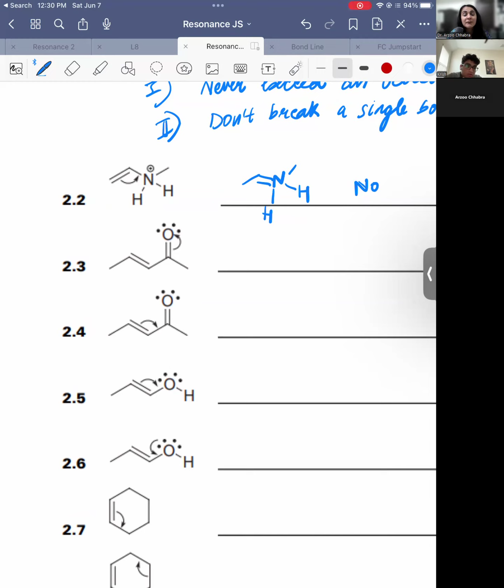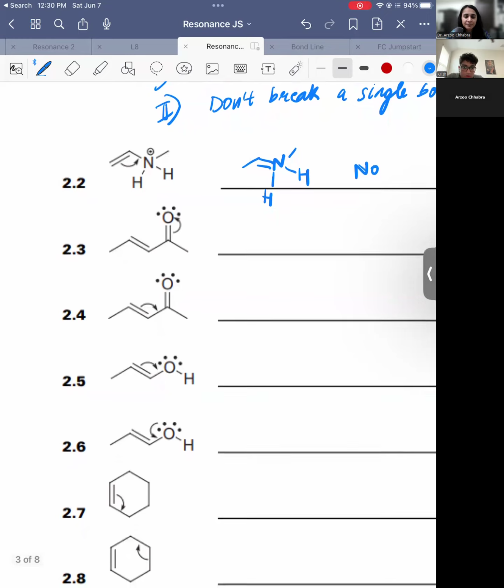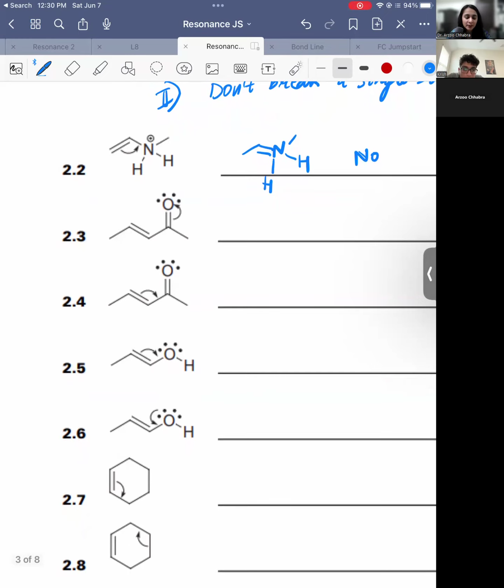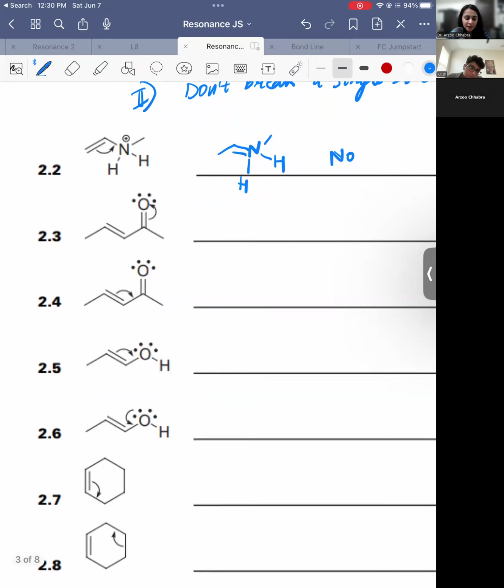They're very strong, right? So it takes a lot of energy to break a single bond, and when we think about double bonds, we're not really breaking it, we're just changing the location of it, right? But we cannot change the location of a single bond, because that will involve breaking it. Okay, yeah. So for 2.3 now, if you think about it, this is actually more like a